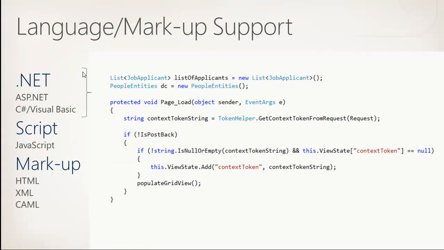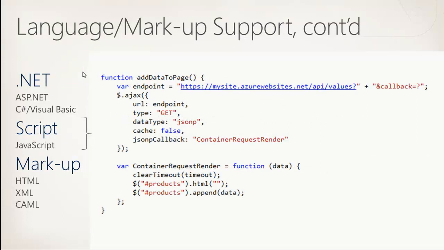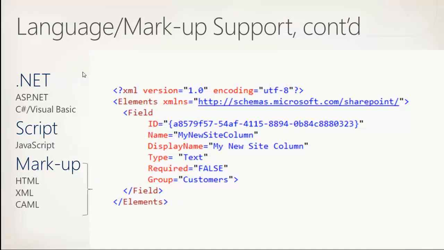Okay? Second of all, script. All right? There is a tremendous amount of development opportunity with jQuery, with Knockout, HTML5, very, very cool stuff. Okay? So keep your eye on that and see how you can use that. This is just an example of basically an AJAX call. Above and beyond that, markup. Right? So we've gone from managed code to script to markup. And of course, you may interweave these things. Right? You may emit JavaScript and HTML within managed code if you're a really cool developer and you want to impress your boss. But here, this is markup, right?